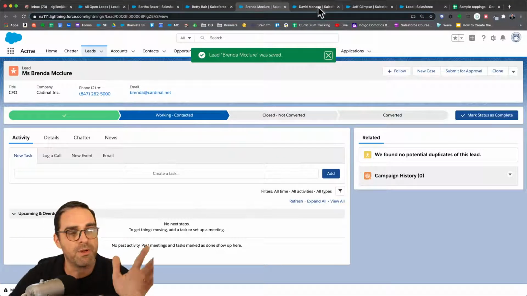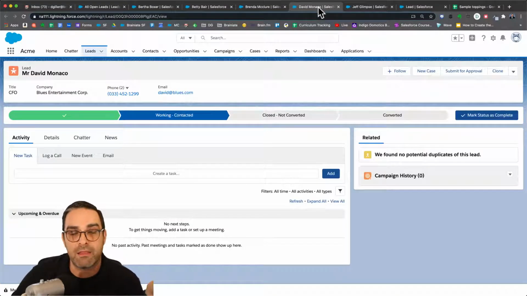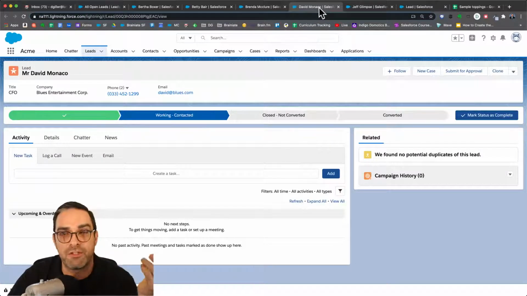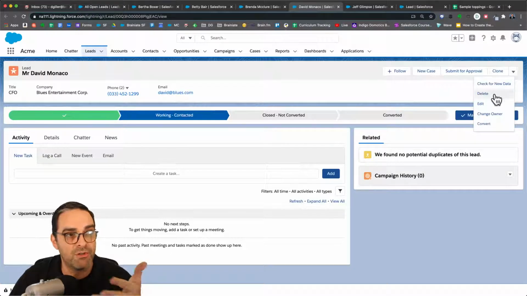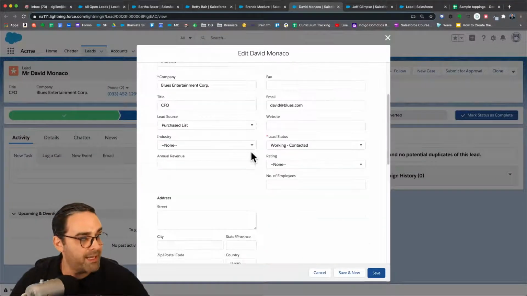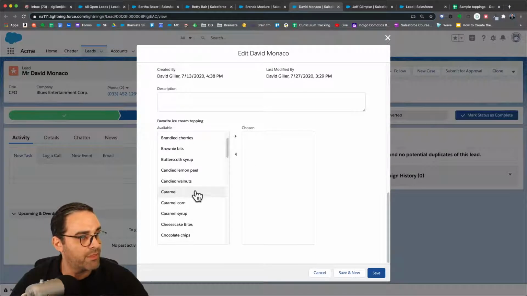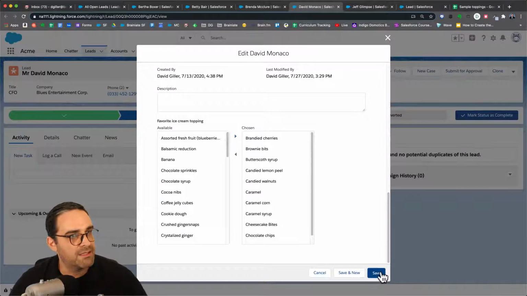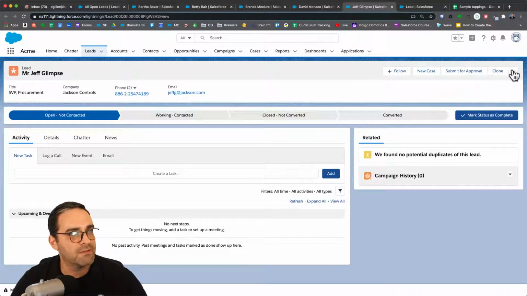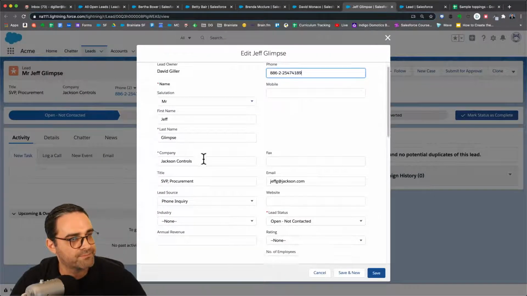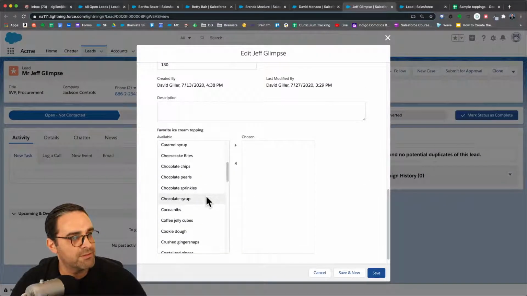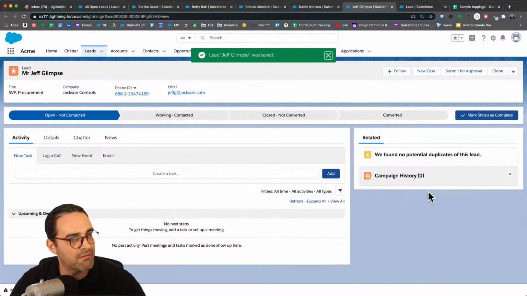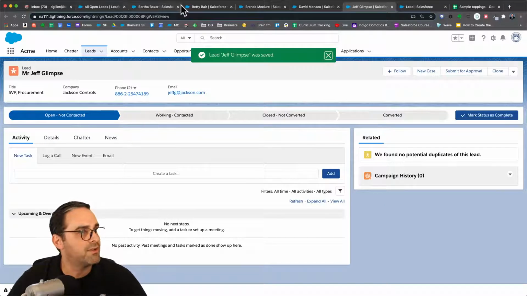I'm going to create a list view. I want to create some reports where I want to see those that chose, maybe I just want to see those people who selected chocolate chip or chocolate fudge or chocolate syrup. And that's what I want to show you as a simulation of one of the many, many challenges associated with multi-select pick list. Let's go here and hit save. And I've got one more. So let's go here, edit, and choose a bunch of options over here. Great. So now that I have all these options, what I want to do now is let's go ahead and